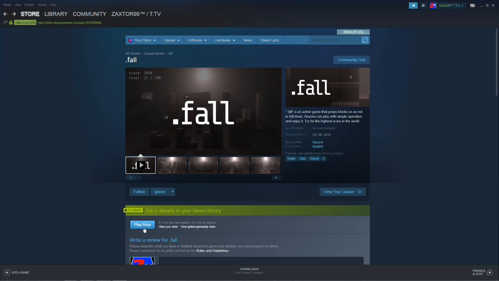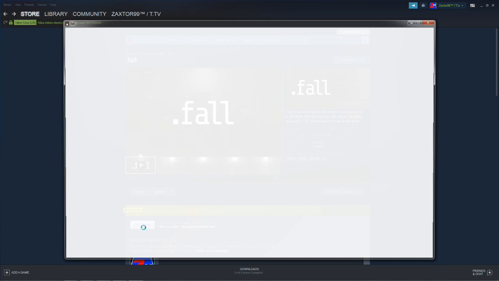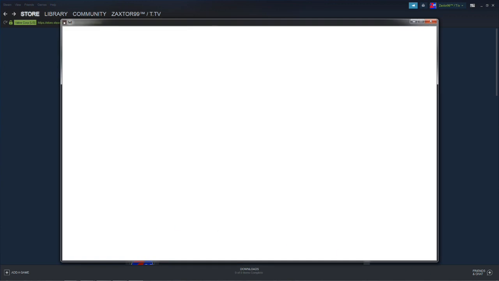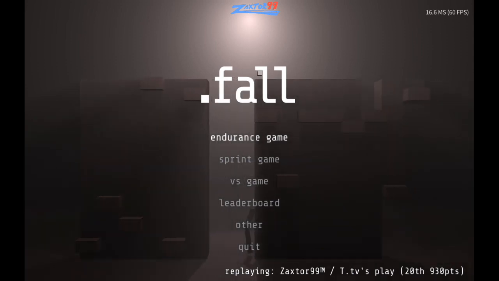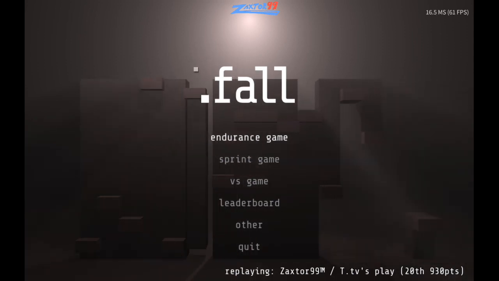And we're talking about, this is my kind of game, as far as I like these retro kind of games. Not a surprise there. But let's go ahead and score this one, guys, and play this one and show you what it is. Dot Fall is the name of this one. And again, if you type Dot Fall into the search on Steam, you're going to have to go about 3 pages in before you find this one.